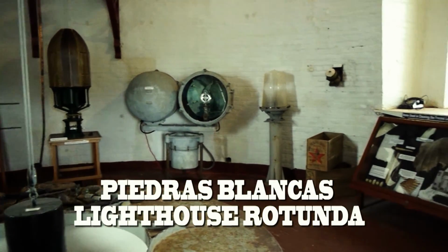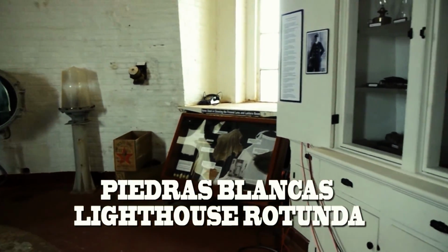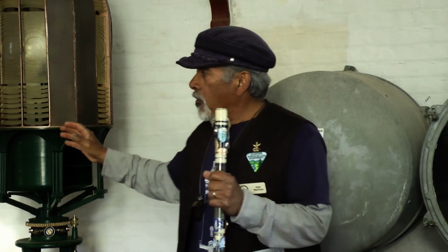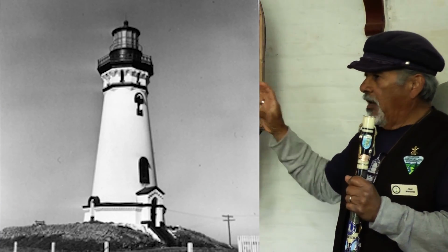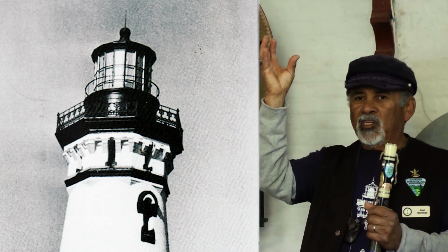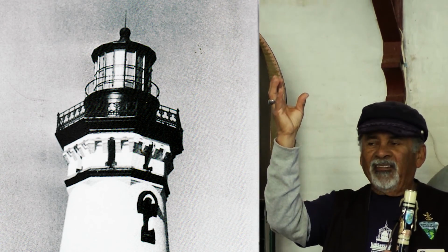We are in the rotunda of the lighthouse, the first floor. At nighttime, the way the mariners would be able to identify which lighthouse they are seeing beams of light from would be the characteristic of the light that came from this lighthouse tower. We have here a quarter scale of the Fresnel lens that was inside the topmost lens room of the